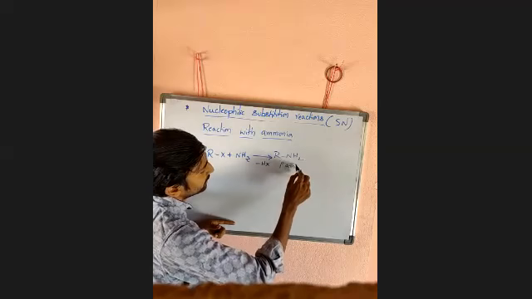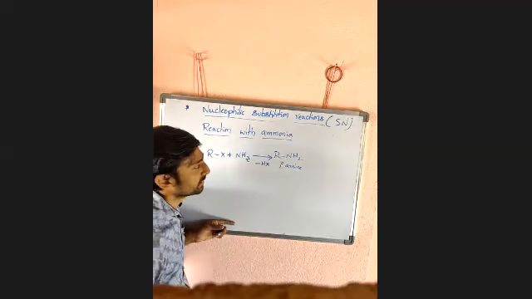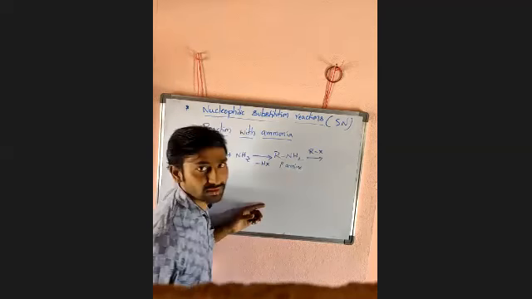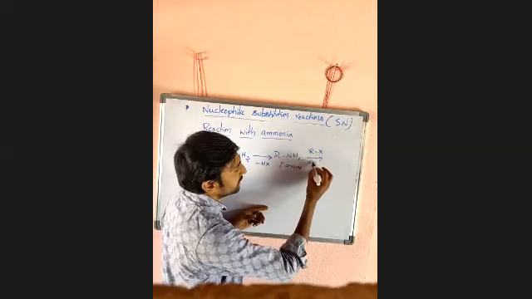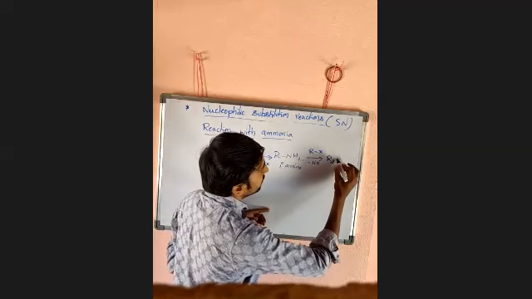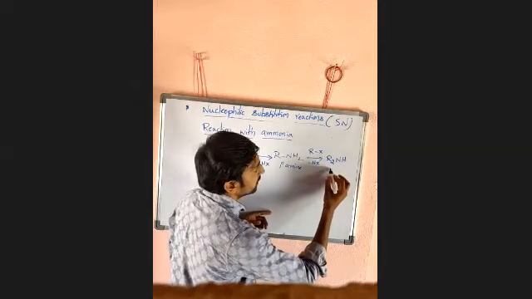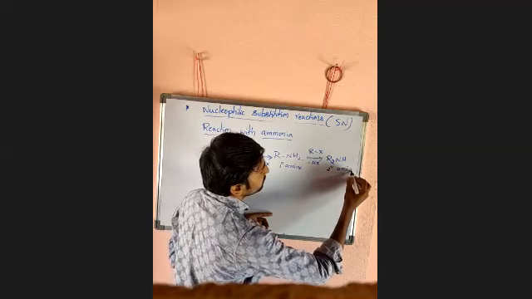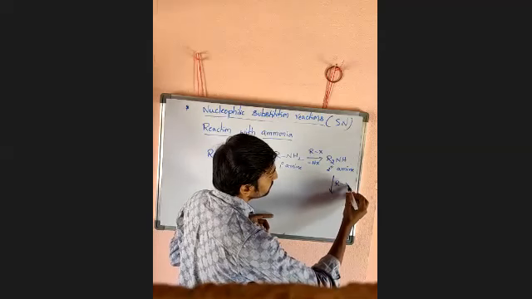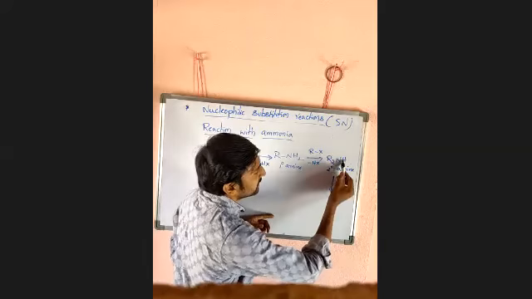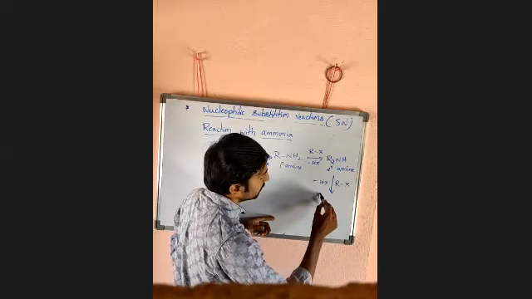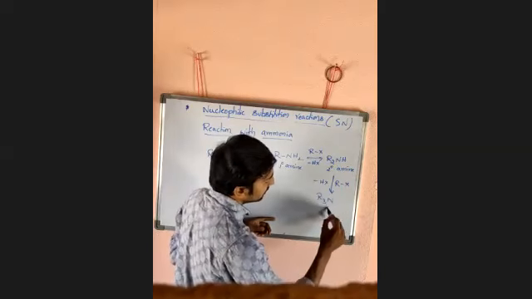It is called primary amine. Next, it again reacts with alkyl halide RX. Again it loses one hydrogen, eliminated in the form of HX, and gets R here, so we get R2NH. It is a secondary amine. Now again it reacts with RX, again loses H as HX, and this R gets attached there. What we will get? R3N. It is a tertiary amine.